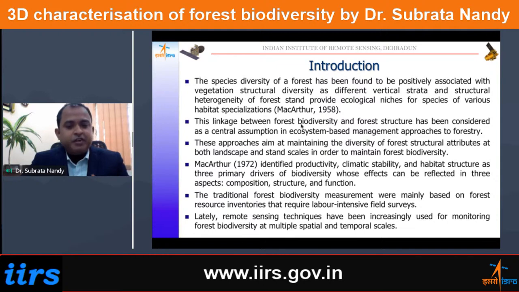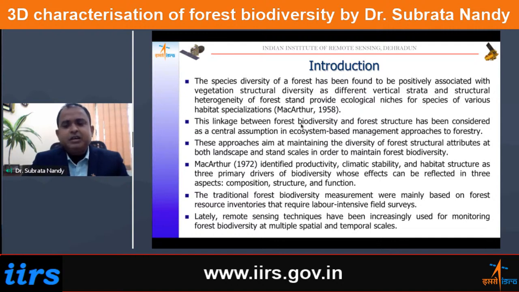MacArthur in 1972 identified productivity, climatic stability, and habitat structure as the primary drivers of biodiversity. And these approaches aim at maintaining diversity of forest structural attributes at both landscape as well as stand scale in order to maintain forest biodiversity. So the traditional forest biodiversity measurements